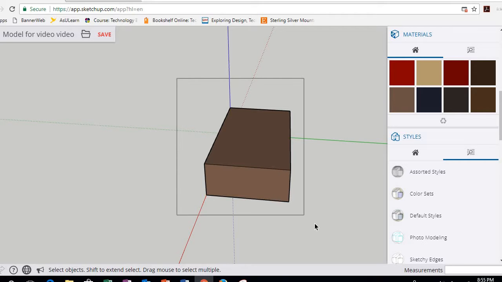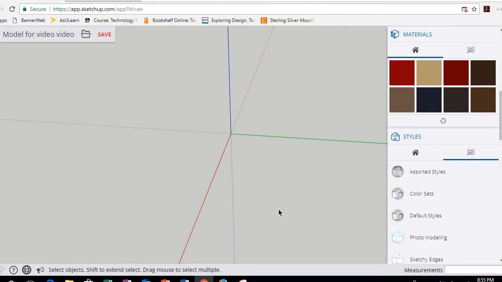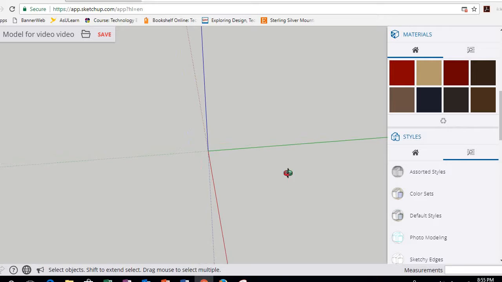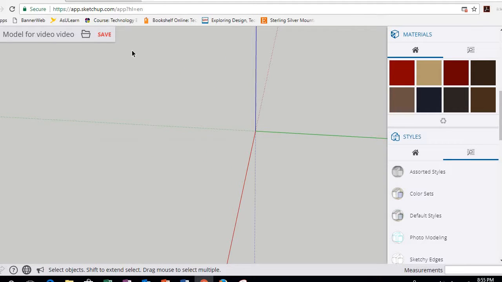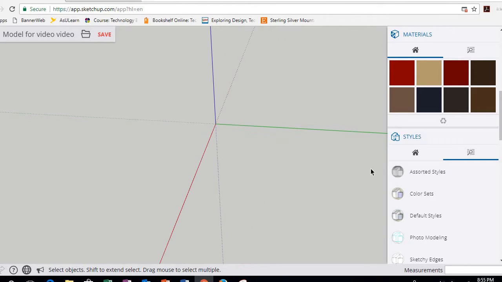So quickly I'm going to delete this and start working on the model I showed you a minute ago, just showing you exactly how I went about it. I'm going to start off with the line tool, and I'm going to draw a line that is 35 feet. As you can see in the bottom right hand corner of the screen, there's a length. And when I hit